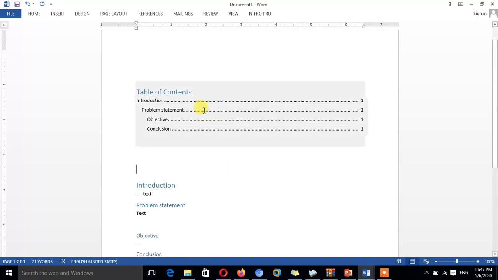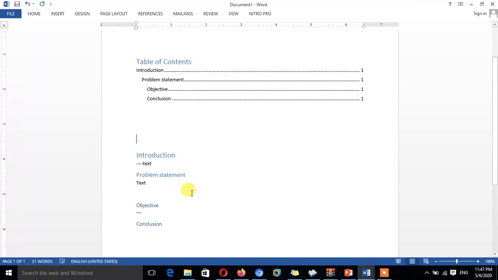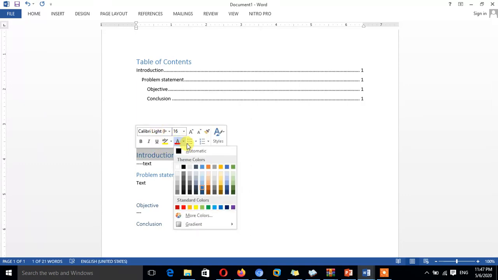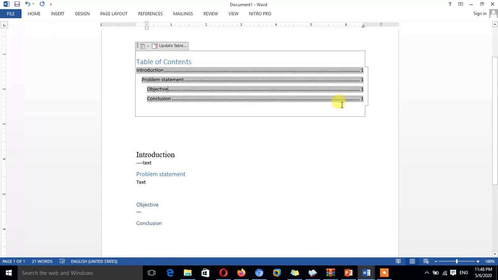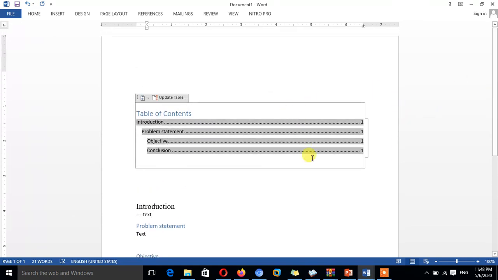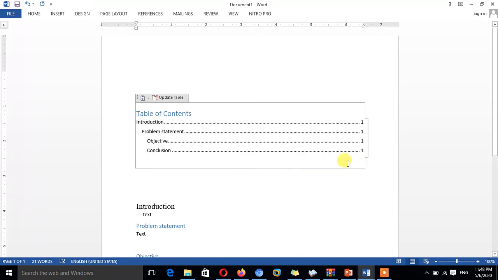So this way you can create your table of contents. This coloring, you can change it. When you click on the style, it changes the color, but this does not matter. You can change to whatever color, and the font can also be changed. Don't worry about this. This way you can create a table of contents and simplify the way you manage your index in a way that is free from manual work.